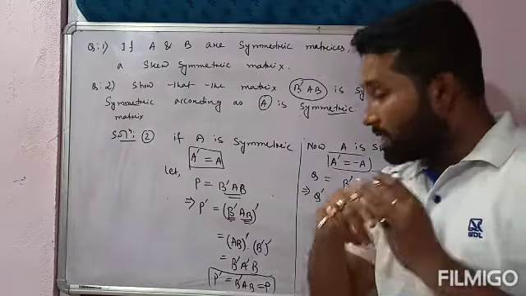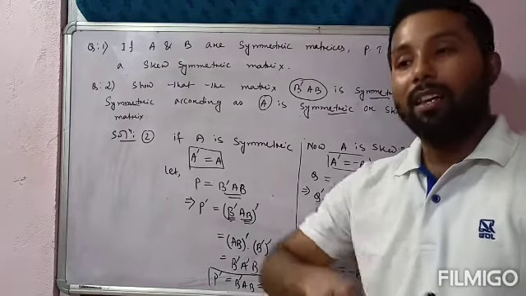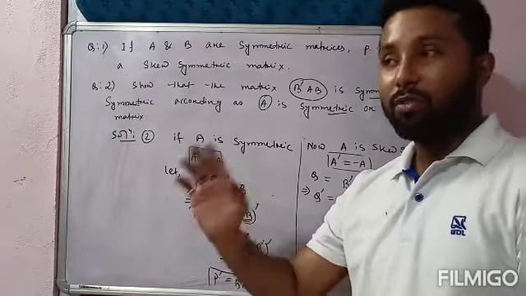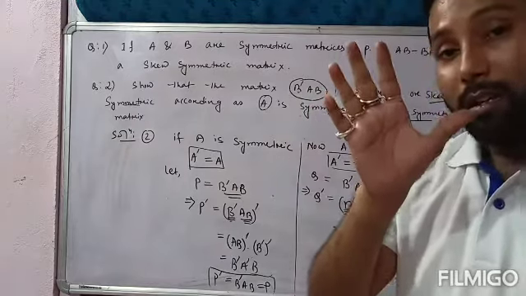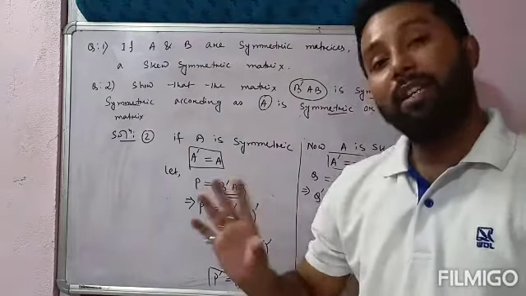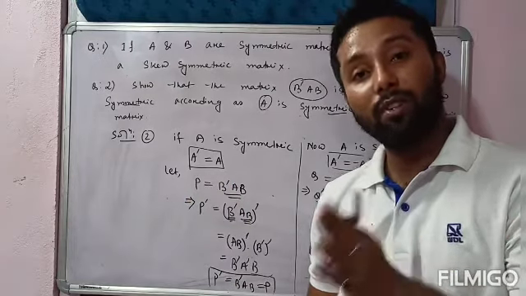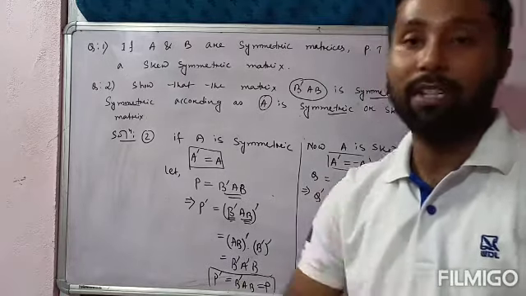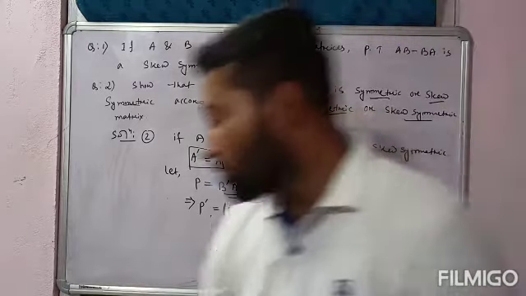Okay. In case of symmetric or skew symmetric, in every question you have to take transpose, like squaring, cubing. So you have to take transpose on both sides, but you have to understand the meaning of symmetric and skew symmetric. Symmetric means transpose of A is equal to A, whereas skew symmetric means transpose of A is equal to minus of A. Okay, so this is all about question number 1 and 2. Now one more question I will discuss now.